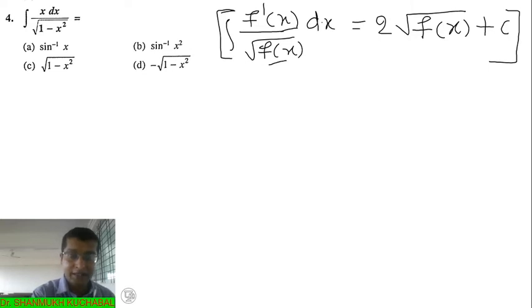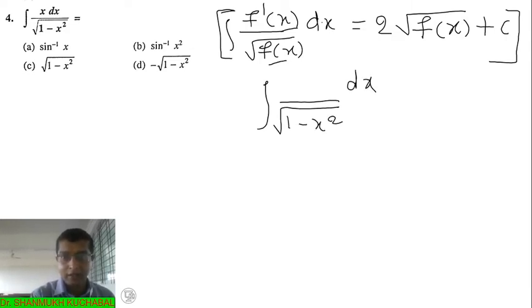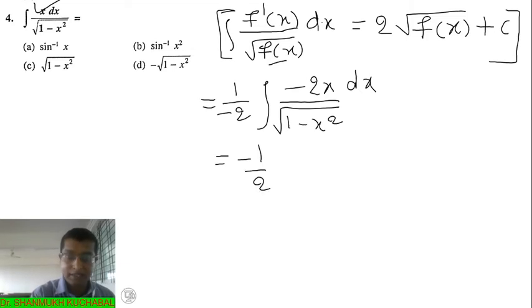So we can see here the integration of root of 1 minus x square dx. We can write it as 1 minus x square; its differentiation is 0 minus 2x, but here we have only 1 into x, so we have to balance it. Minus 2 is extra multiplied, so we divide by minus 2, so further minus 1 by 2 as it is.